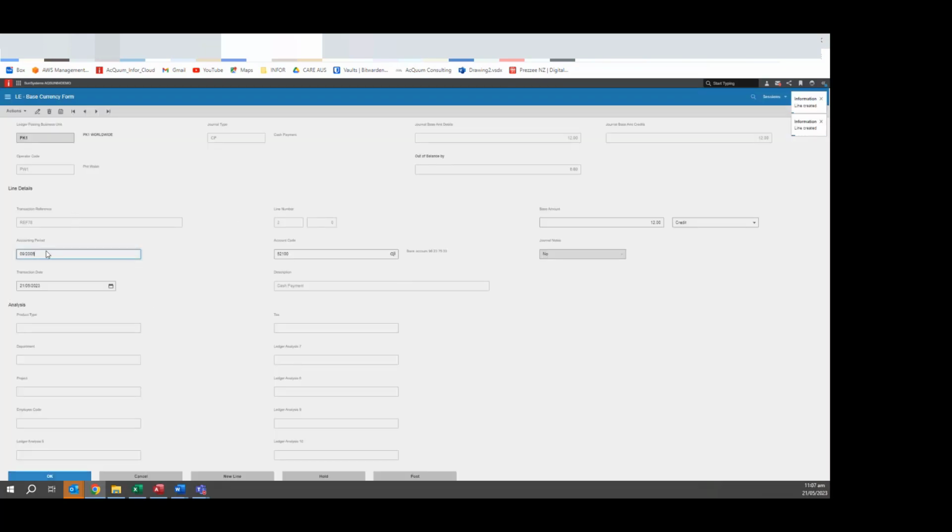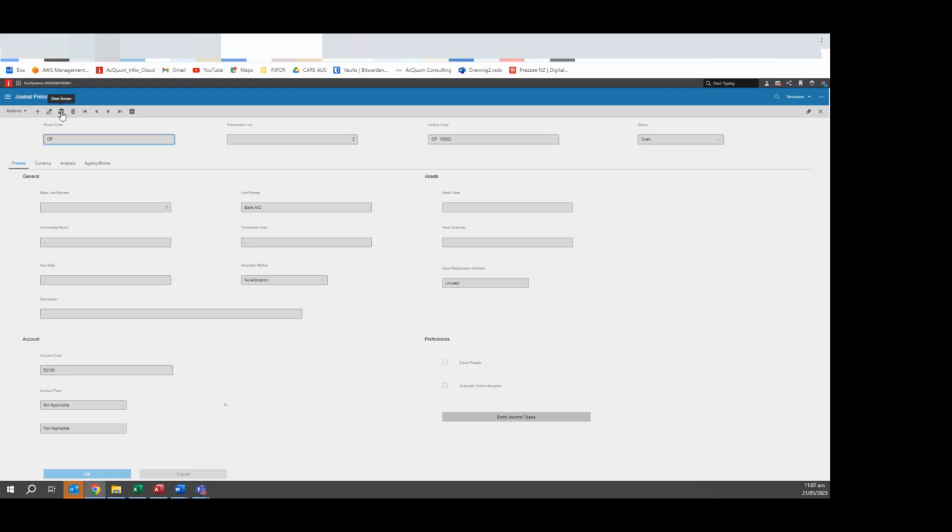Now, Sun has gone along and created the second line for us. That is the payment to the bank account. It's brought over the amount. So all we need to do now is post. So nice and easy. This is a simplified version. There are lots of different other types available. Just to give you an idea,